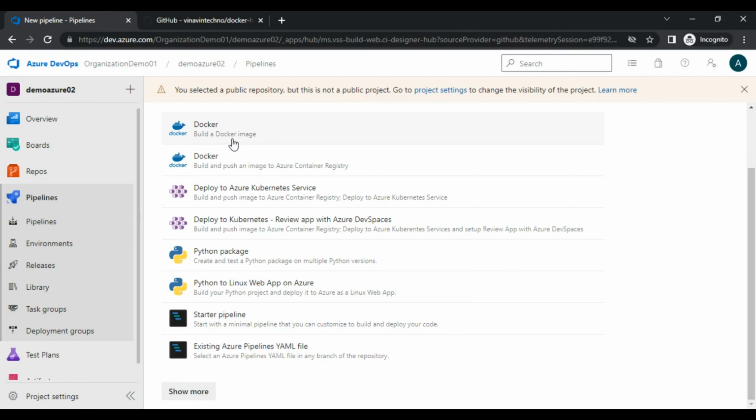So what I need to do is choose either this or this. Let me go through this Docker option first, and then we will go ahead with the starter as well. So let me click on this, build a Docker image,